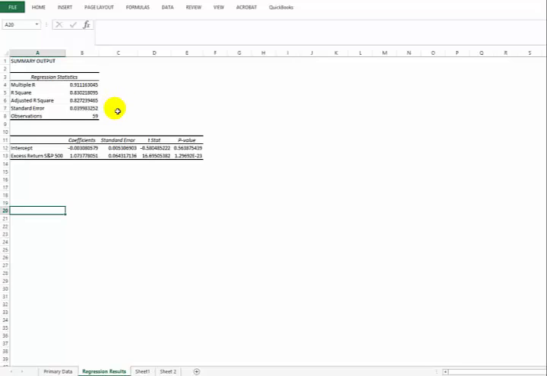Now we see our standard error. You'll want to take note of that. You'll also want to take note of the coefficients right here. The intercept coefficient, which is your alpha term, and the coefficient on the excess return of the S&P 500, which is your beta term. Now, in this example, it's showing that it has a beta of 1.07 over that 5-year time period. If you check Yahoo Finance, it's not going to tell you 1.07 is the beta. That's because Yahoo